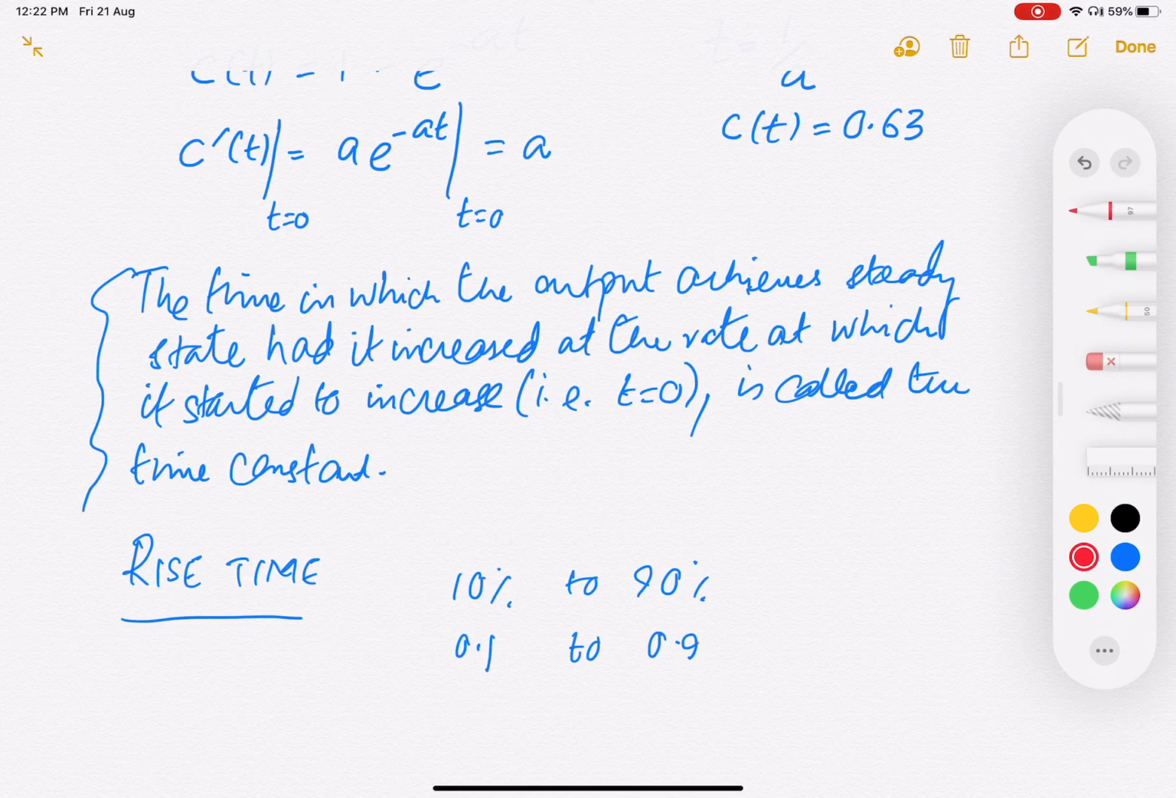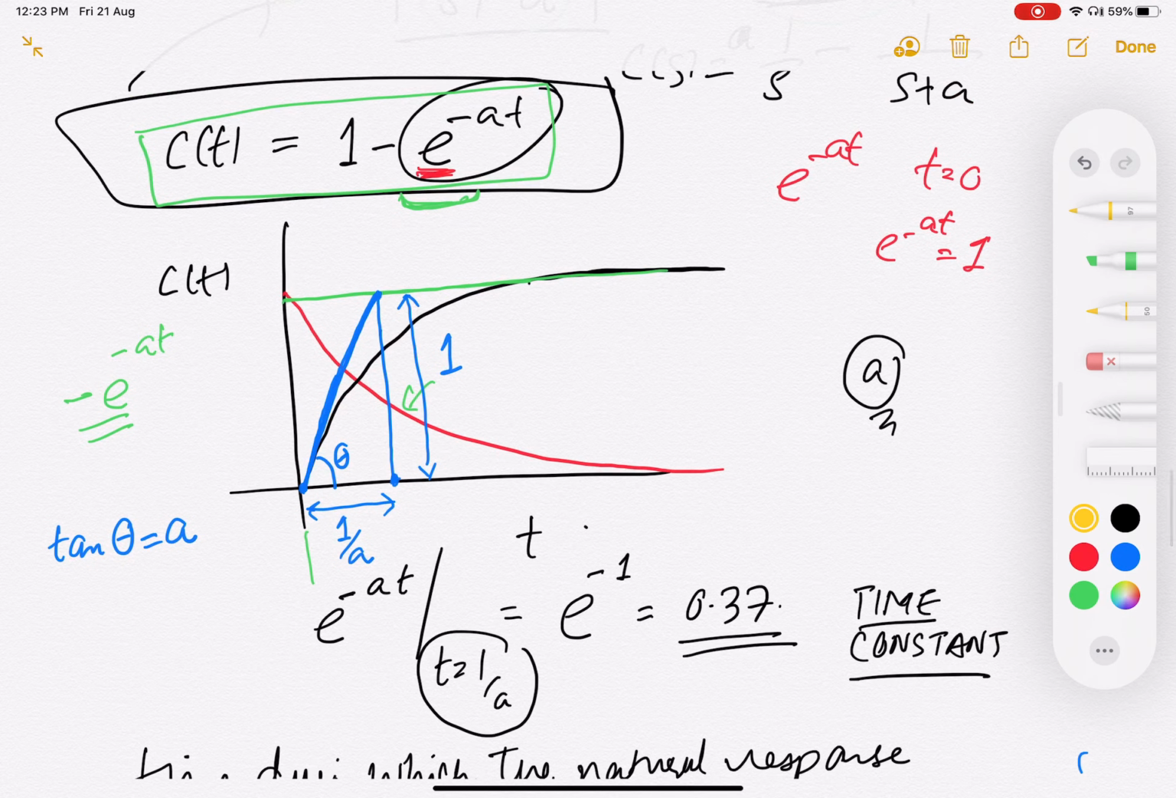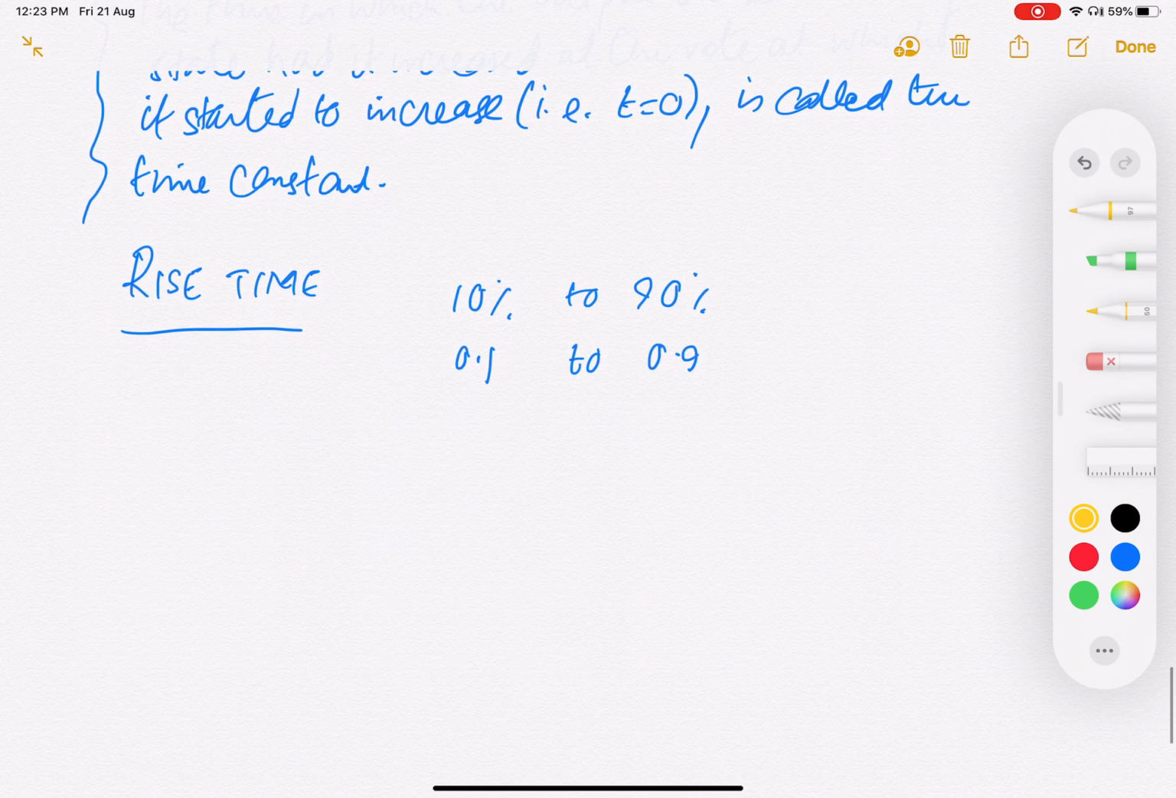So if you have, for example, in this graph, if your point 1 is somewhere here and your point 9 is somewhere here, then this time between point 1 and point 9, this time between these two yellow lines would be called the rise time. So you can find out the value of the rise time by equating